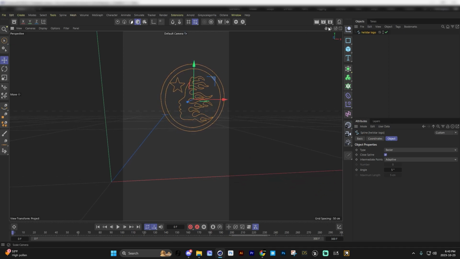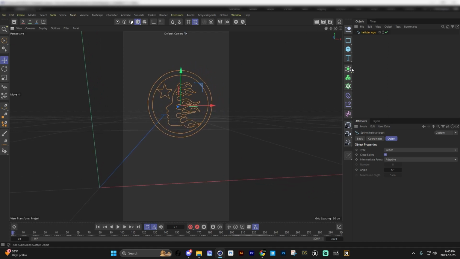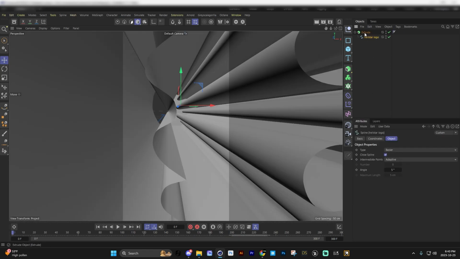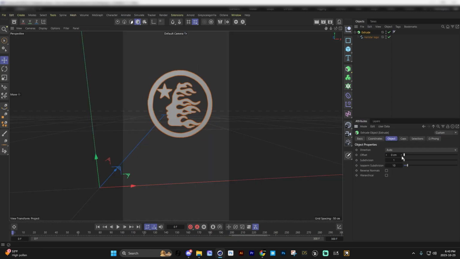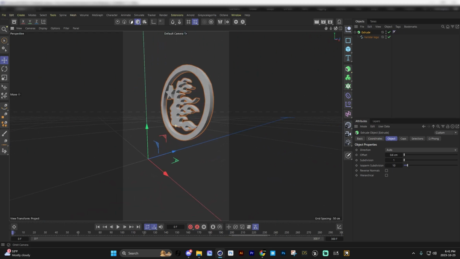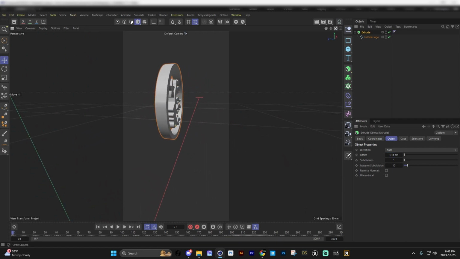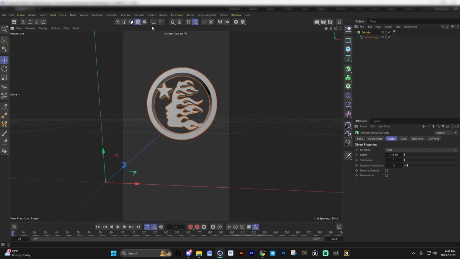And it will look something like this. And then to make it 3D, we come over here and we click extrude, drag that in, and then boom. So now we have our Hellstar logo. I like to go like 0.6 sometimes. You can just play around with the sizing, obviously. But for this example, we're going to make it a little bit wider. Like, yeah, that looks decent, I guess. Make sure it is centered.